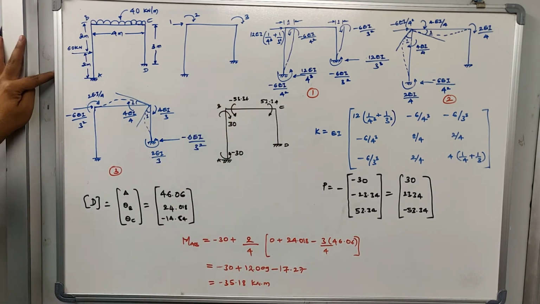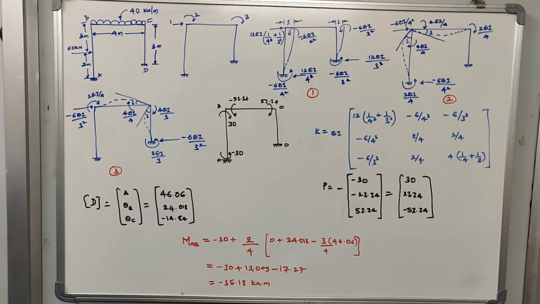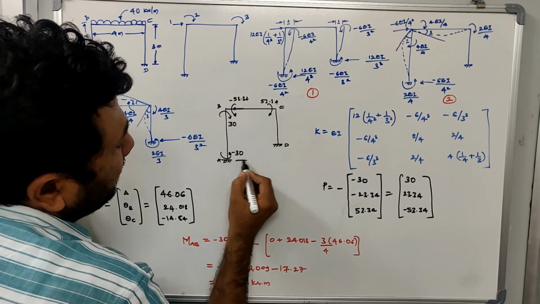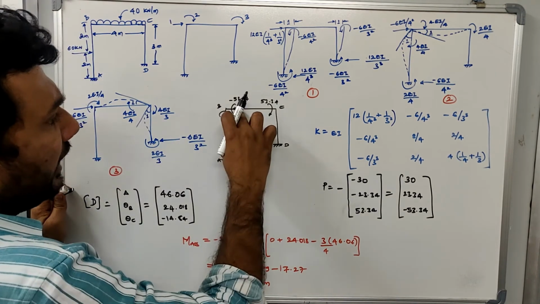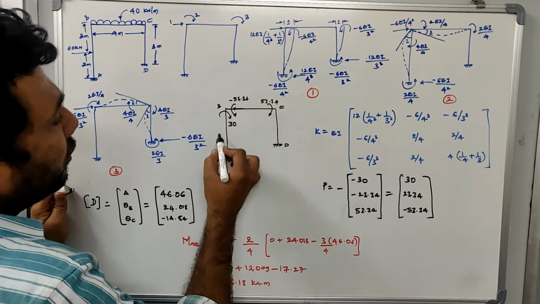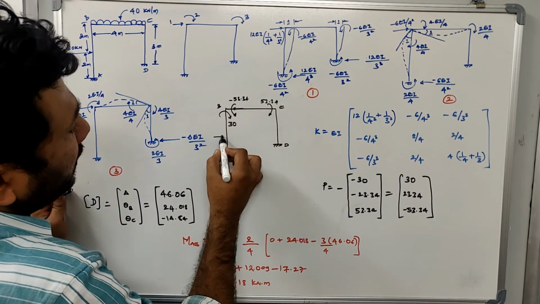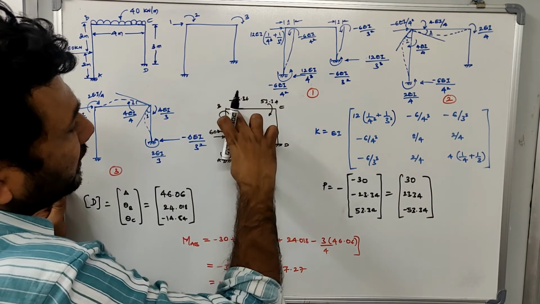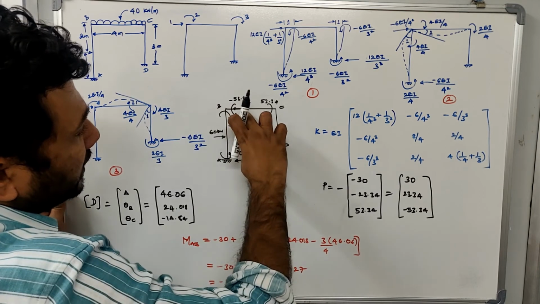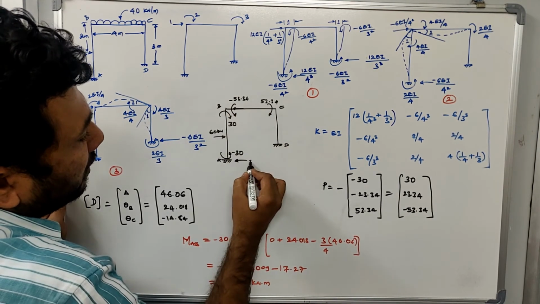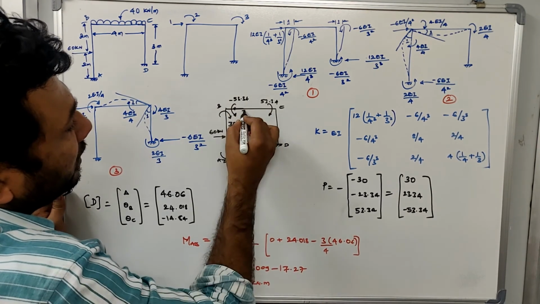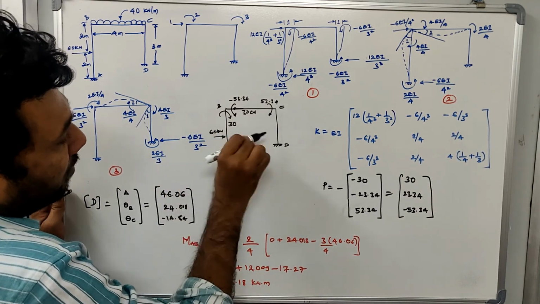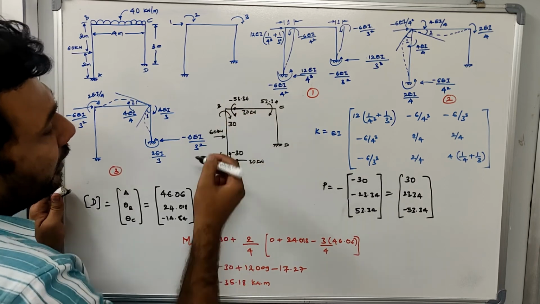To do that, we calculate the reaction that is generated at this point. We already know the force here: the force being applied is 60 kilonewton. Because of that, consider this to be simply supported. If you consider this to be simply supported, the reaction will be 30 kilonewton and 30 kilonewton. As we know, this is the positive direction, so this will become the negative direction.